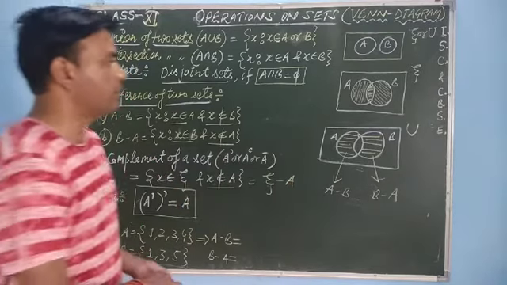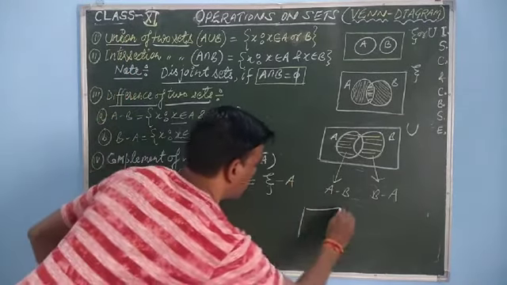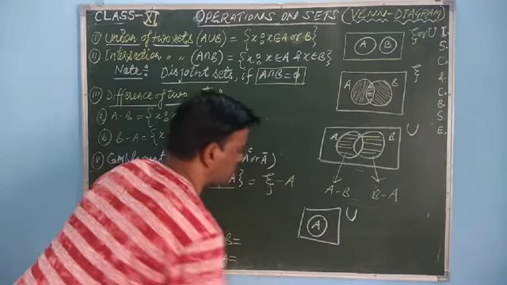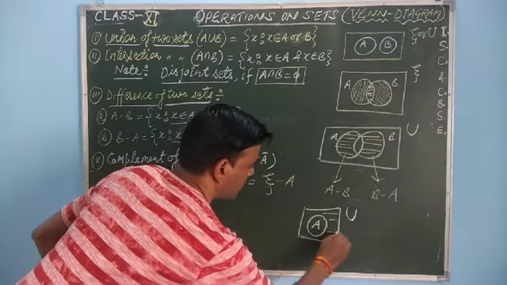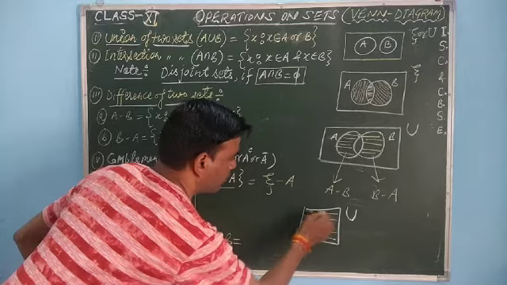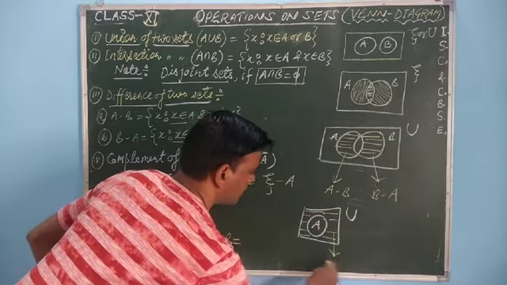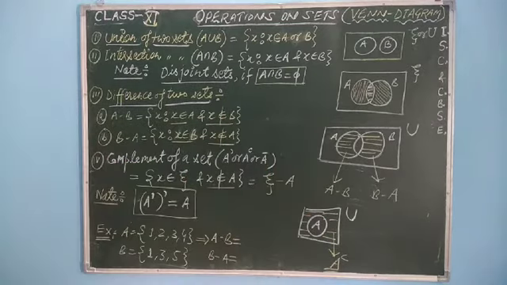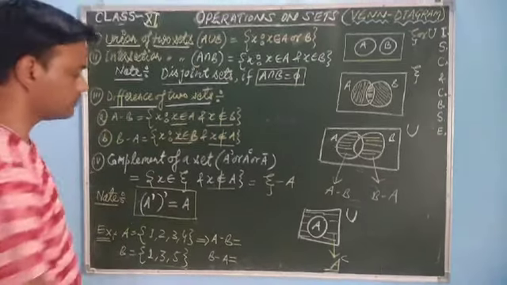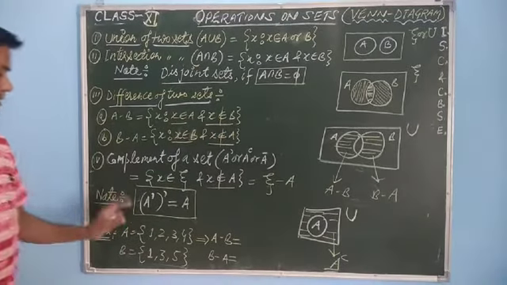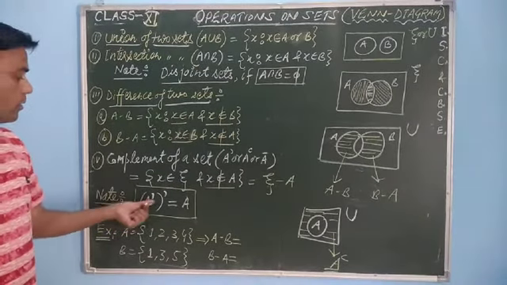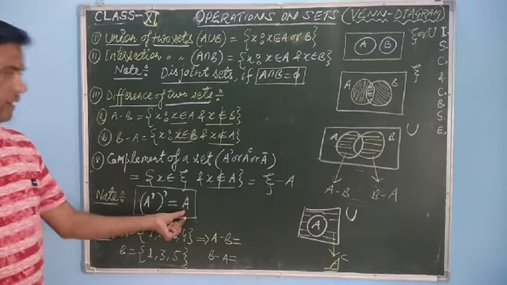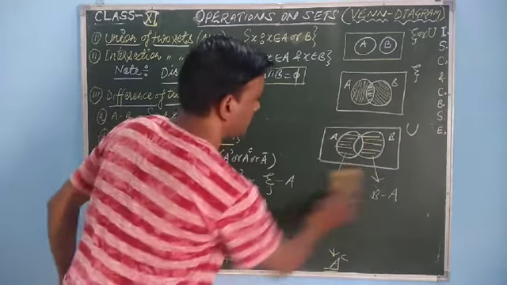Means all elements which belong to the universal set but not to A are called A complement. By diagram you can represent this as: suppose this is the universal set and this is a set A. So those elements which belong to the universal set but not to A, this shaded portion, is called A complement. Okay, just keep it in your mind. So students, we have one more notation here. An important point to know is that the complement of the complement of a set is always the original set A.